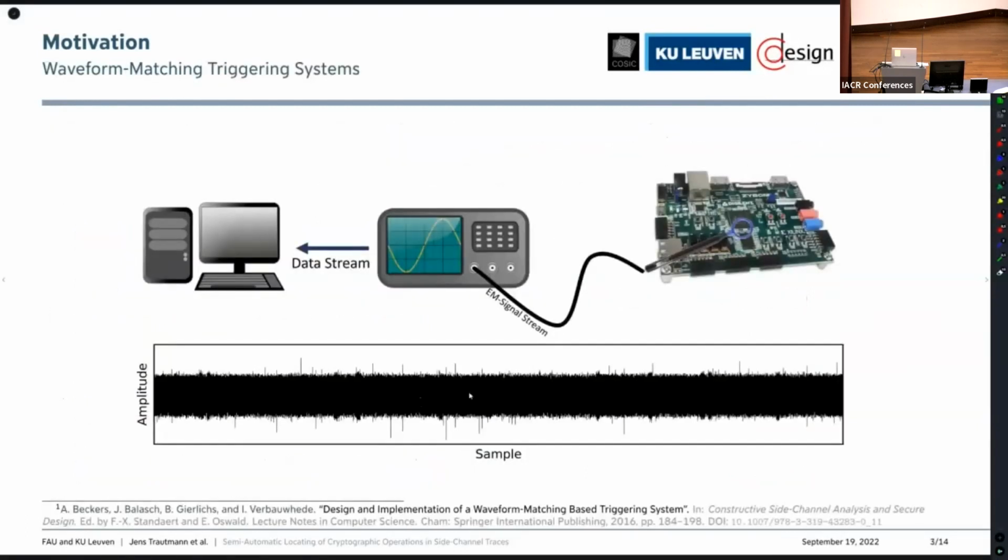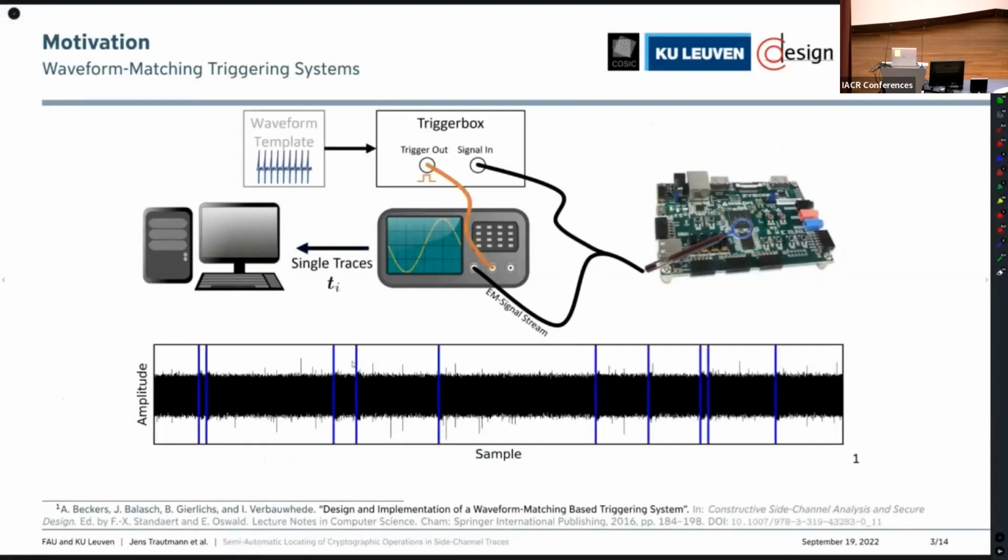In the real world, we have a device under test and an EM probe that transfers its electromagnetic signal to a digitizer or oscilloscope, which can then put this onto a PC, and we get such a data stream. The problem is that we don't really know where those starting points are, which we definitely need for any kind of attack. One remedy for this is, for example, this trigger box that was presented by Beckers et